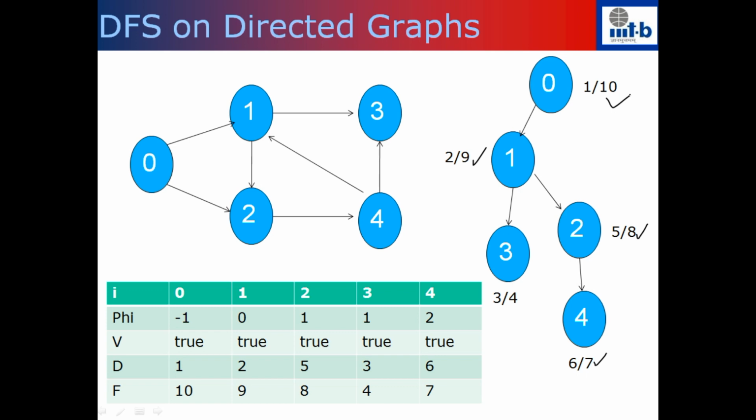And so using the iterative algorithm, you can also find the discovery time and finish time. You can notice that all the discovery times and finish times that we found in both iterative as well as recursive DFS are the same. So you can use either the recursive version or the iterative version. The iterative version uses the stack, but the recursive version is easy to implement, and the stack is implicit there.